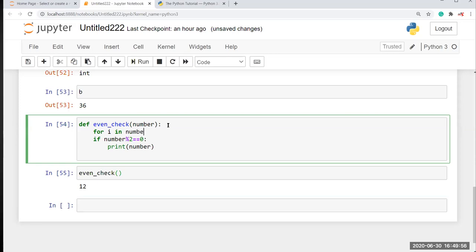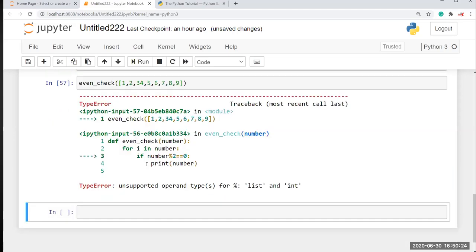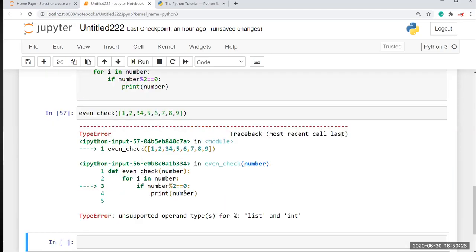After that you have to give indent notation here. Now you can pass your list elements in here. The list contains open and close square brackets. Inside the list I pass 1 2 3 4 5 6 7 8 9. I run this, it gives an error because of number % 2 equal 0, with type list and int.